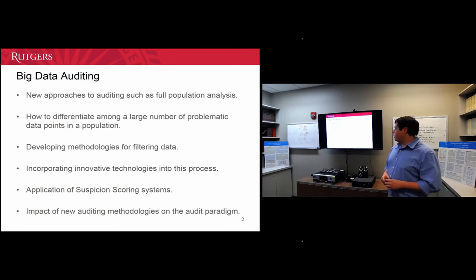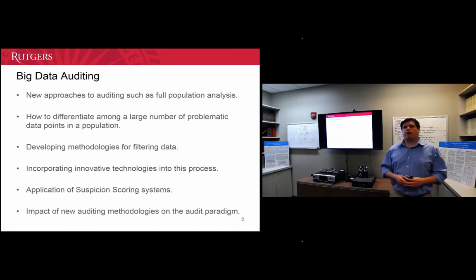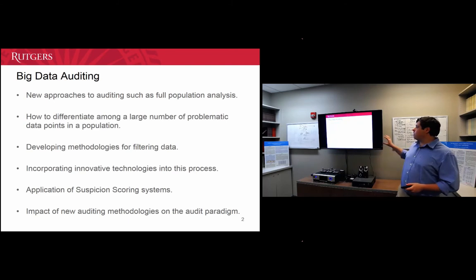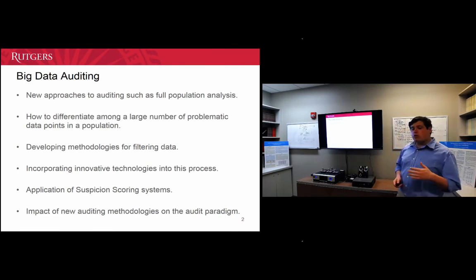By the end of all of this, there needs to be a way that ranks all of these different outliers. So one area of research that fits into the stream of academic research and literature is this idea of suspicion scoring systems. So that's one area that I've been doing a lot of research into specifically. So how do you score these different outliers and rank them for the auditors to draw their attention to issues within the company's data framework?